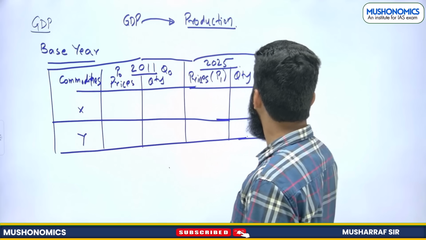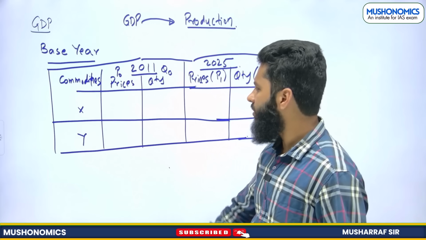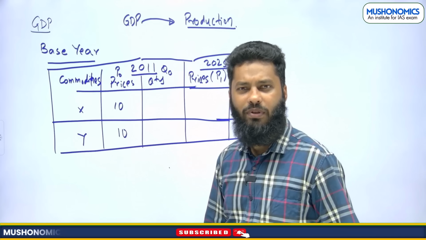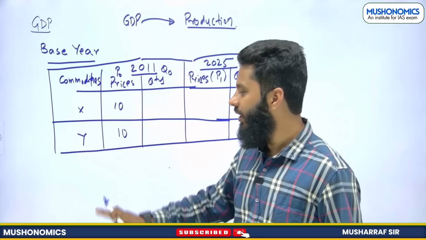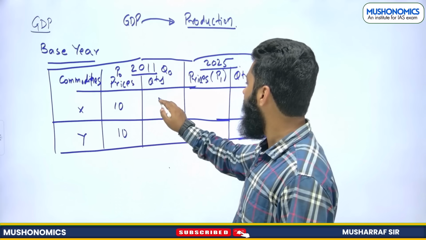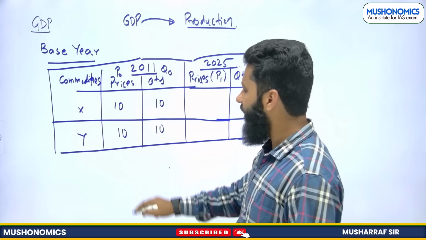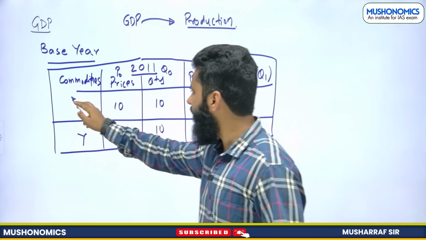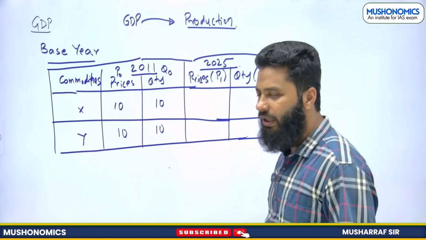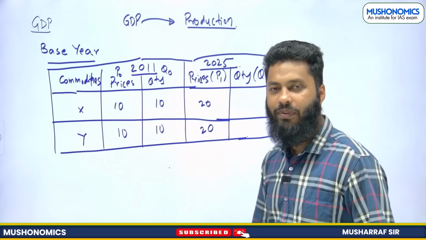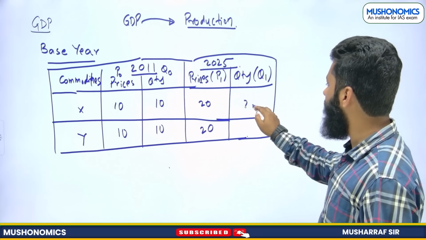Now, suppose the quantity is 10, 10. We are keeping simple values so that we can understand concepts better and we don't involve in the calculation part much. Quantity also, suppose it is 10 and 10, right? Now, prices, suppose in year 2025, the prices are 20 and 20. And the quantity has also increased to 20 and 20,